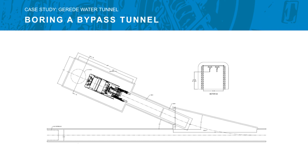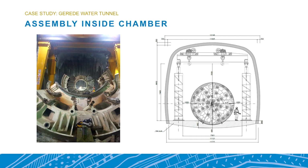It was too difficult to remove TBM number 3 that was already there. So a bypass tunnel was excavated around the TBM number 3, which was trapped. So the design of the rescue machine was to bring it in segmented pieces. Shields were segmented, cutter heads were segmented, and in an assembly chamber underground in the bypass area, the TBM was